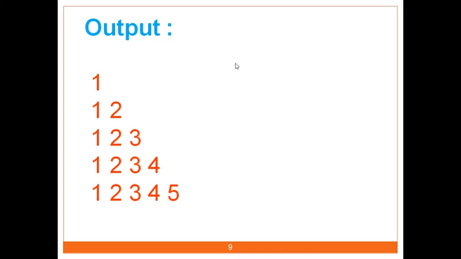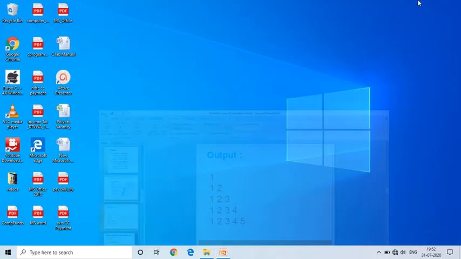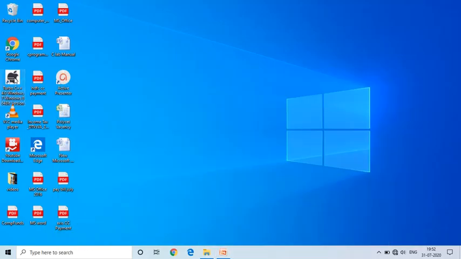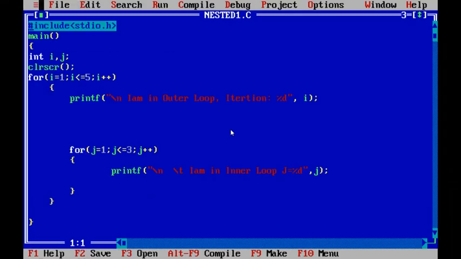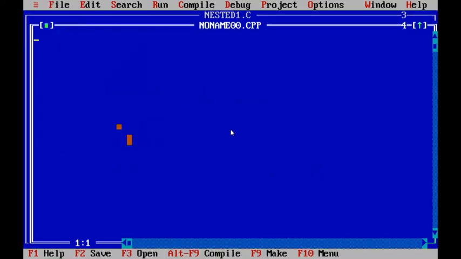You will see that one. Open the compiler. New file.